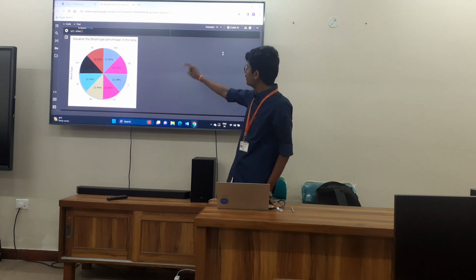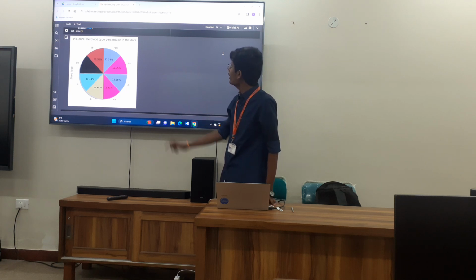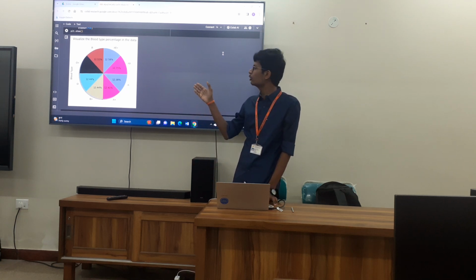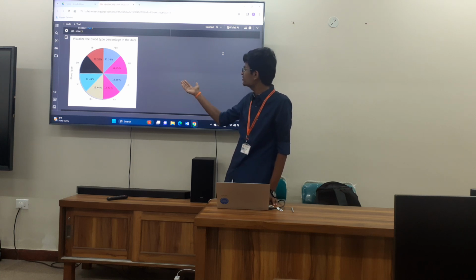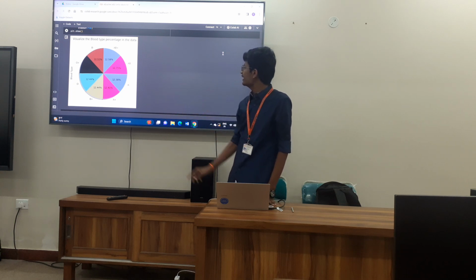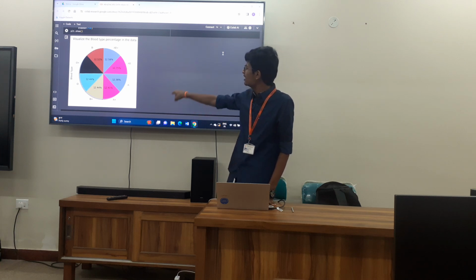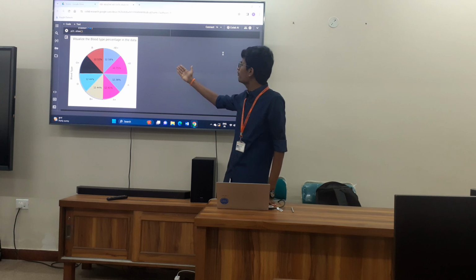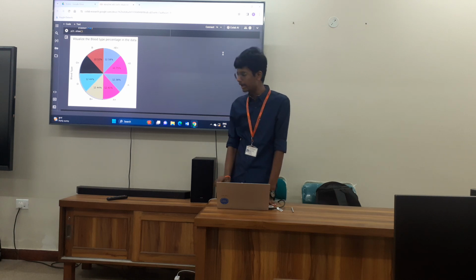According to the blood types, 12.58% of the AB positive blood group have been suffering from diseases, 12.75% of the AB negative blood group, A negative 12.38%, A positive 12.41%, and B positive around 12.44%. So this is the analysis of people suffering from diseases of each blood group type.